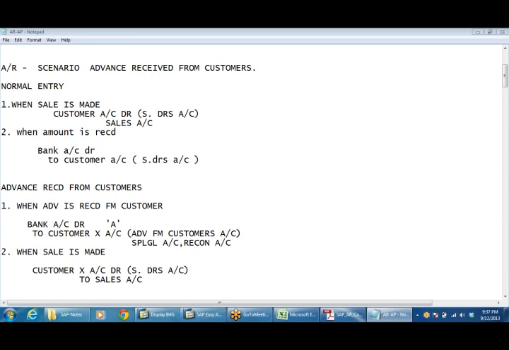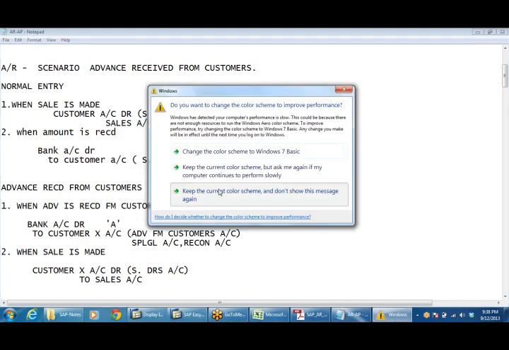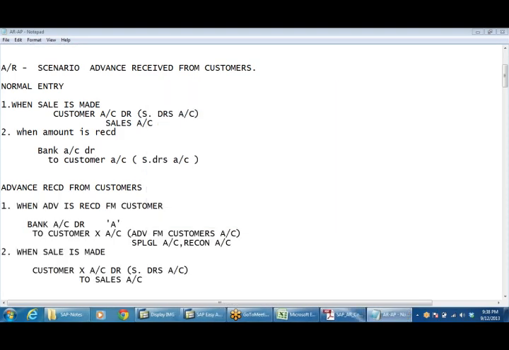Now when amount is received, what we do, bank account is debited and customer account is credited. So bank account debtor to customer. So by default, whenever we post any entry to customer, it will be posted even to sundry debtors. That is the normal entry. Now in case of advance, the case is